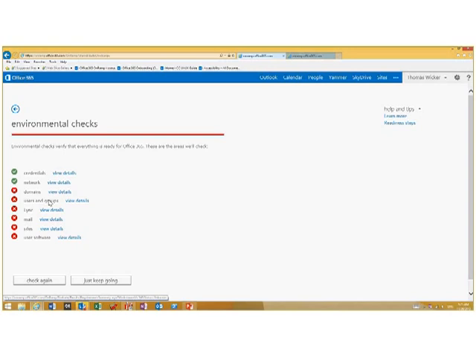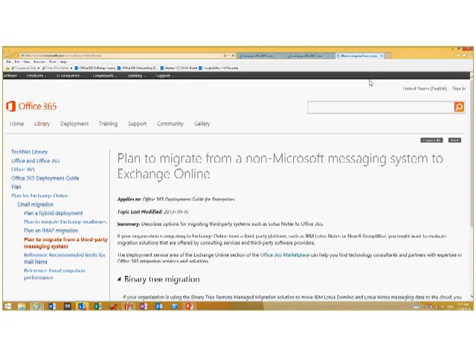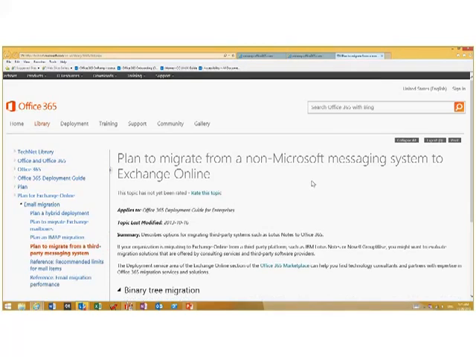It gives me what the issues were. Granted, these statuses are unknown. And it explains why we couldn't find them. And we also then have learn more, where it then takes you to the specific technical article because we could not find the mail system. That was because I don't have an Exchange admin account here at Microsoft. But otherwise, examples could have been, if I had set here,